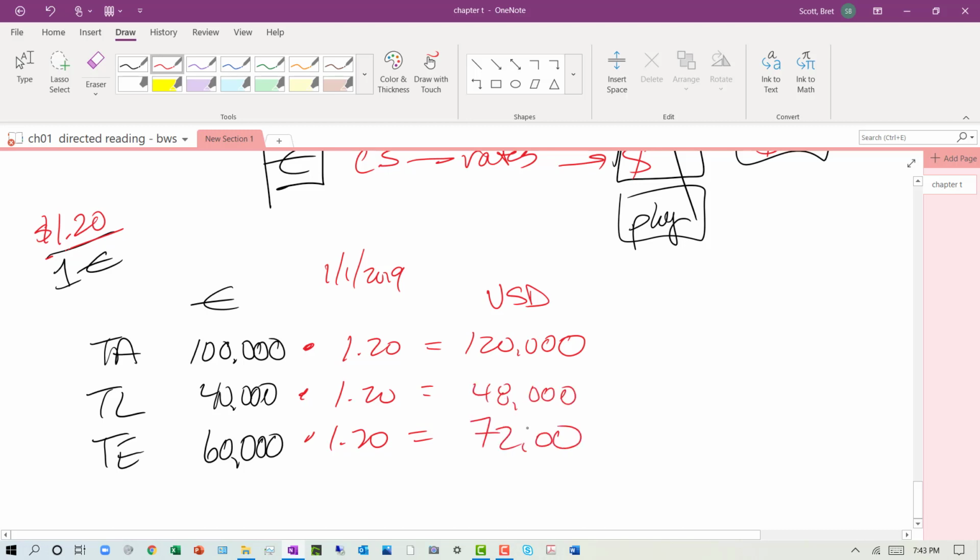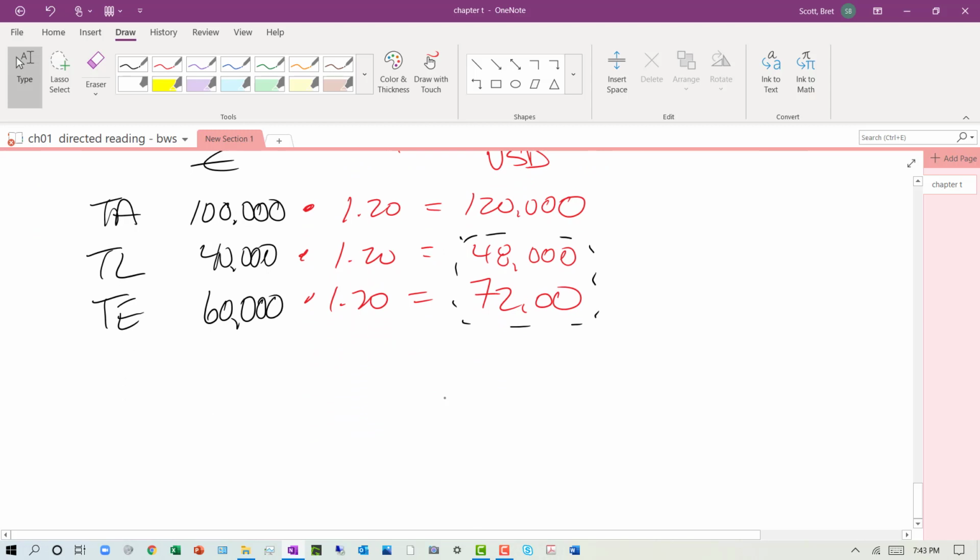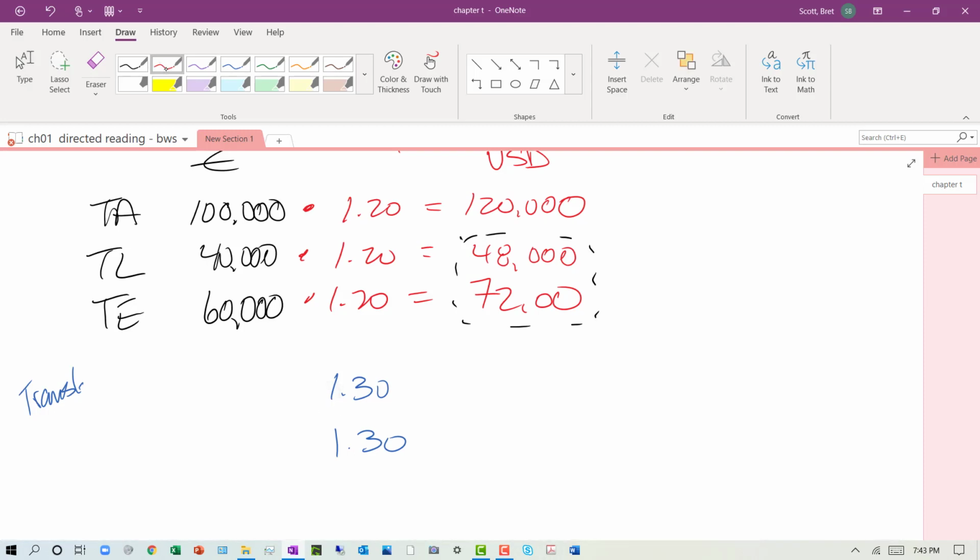72. Now I can get away with this just this one time where total assets equals total liabilities plus equity. But what if the balances haven't changed by the end of the year? There's a problem here, because if the exchange rate changes and we're using, let's say, the translation method, over here, using translation, right? Initially, we showed everything at 1.20. But if the exchange rate is now 1.30, and we still use the historical rate 1.20 for each of the numbers above,